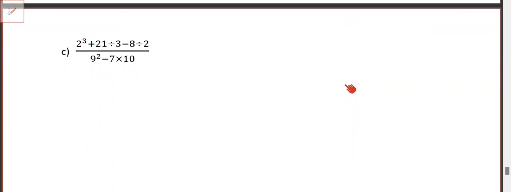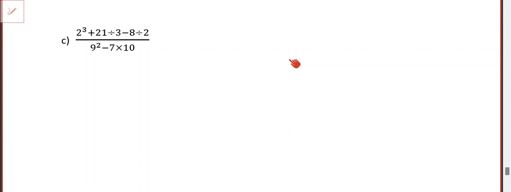Alright, and then finally, we've pretty much got there. Now, basically, I'm just going to tell you the answer to this one. We do the powers, we do the divisions, and on the top we get an answer of 11. On the bottom, 9 squared is 81, it's not 18. On the bottom, you do 81 minus 70, you get an answer of 11. 11 divided by 11 is